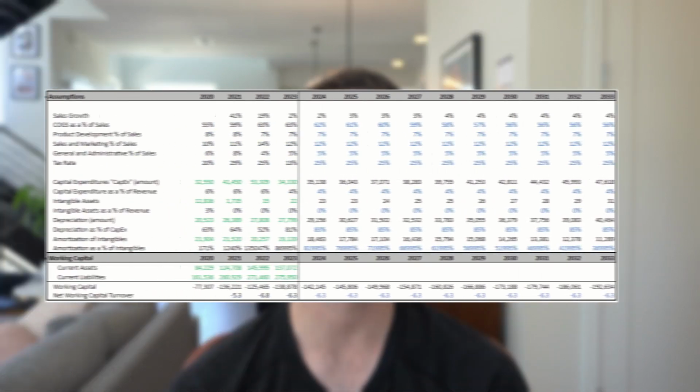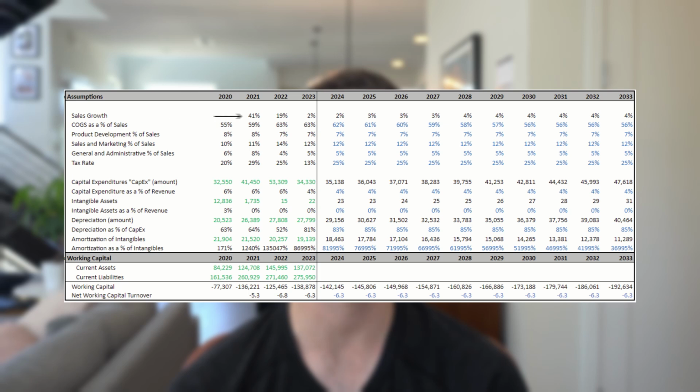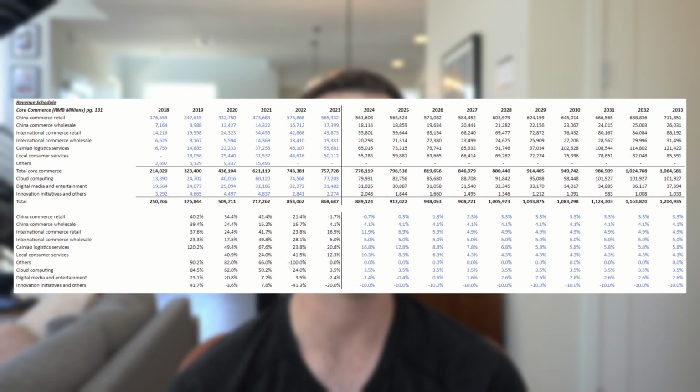First, since I made my last model in 2021, one main thing has happened. Revenue growth has stalled out. In 2022, they grew 19%, which is actually what I projected back in 2021. However, in 2023, they grew revenue by just 2% for the full year. In my previous model, I had them maintaining a strong growth profile for the next decade. In my updated model, I've actually reversed this. And I have them growing at a very steady, low growth rate that keeps pace with inflation, around 3 to 5% annually.